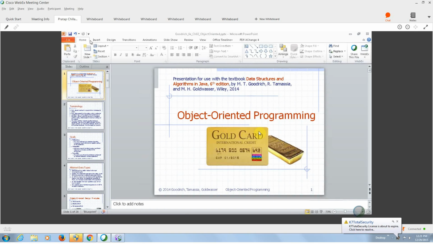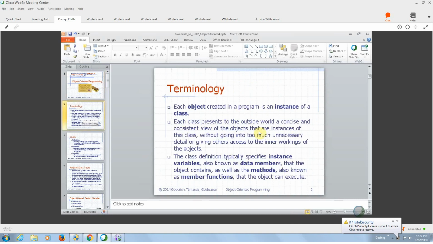This is another chapter quickly on that, which I posted in the forum. It's on object-oriented programming. I'm not going to go through this slide deck, but I posted there because I want the students to go